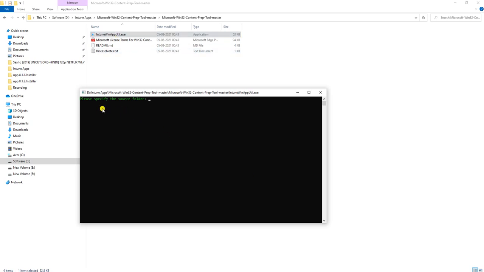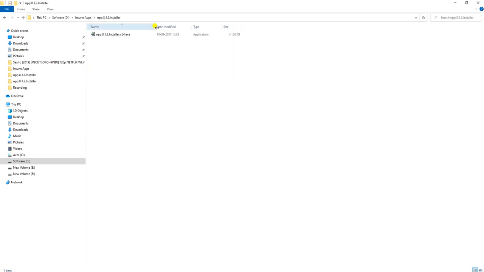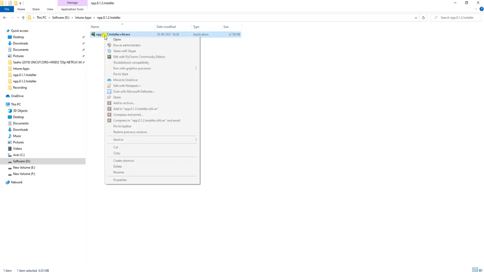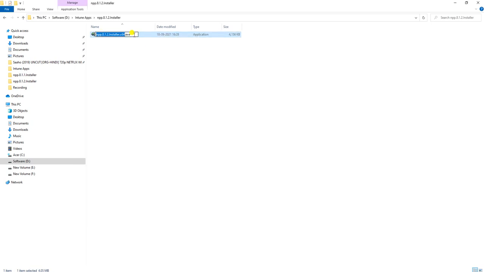Once you double click, you have to specify the source folder. This is my source folder, and this is my application name.